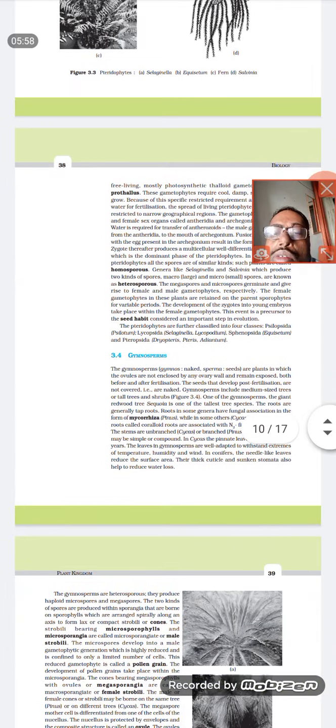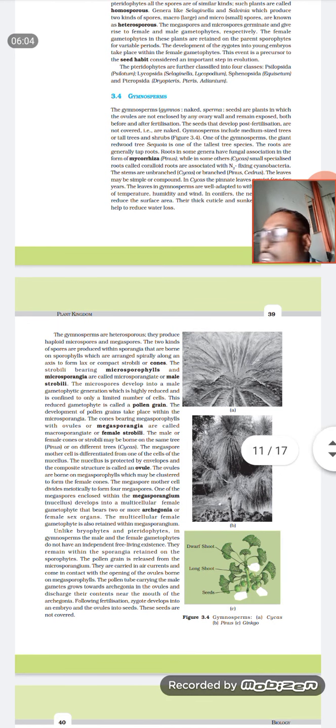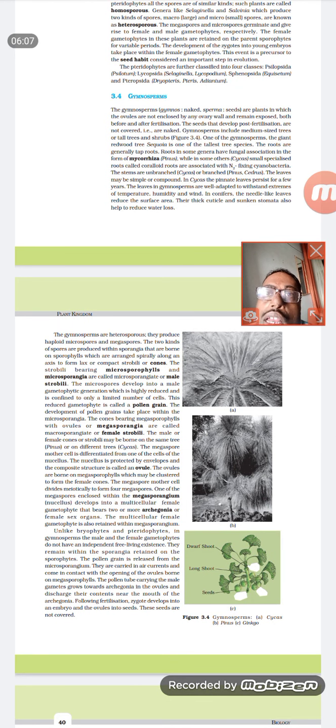And coming to the next, that is gymnosperms. They are 100% dependent upon the terrestrial ecosystem. Gymnos means naked, and sperms means seeds. That means here they have naked seeds. These gymnosperms started to show symbiotic association, especially with fungi, which we call mycorrhiza, which helps them fix nitrogen. Since they can fix nitrogen sources, gymnosperms can even grow in dry areas.